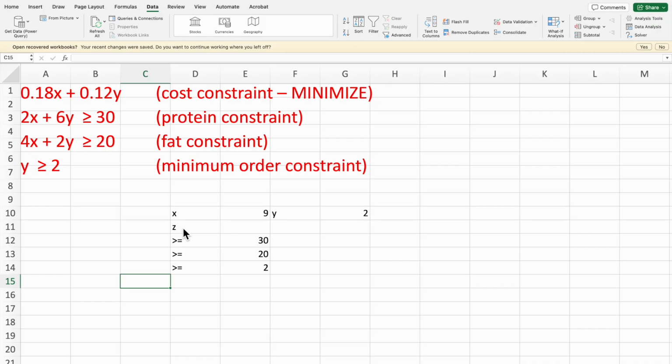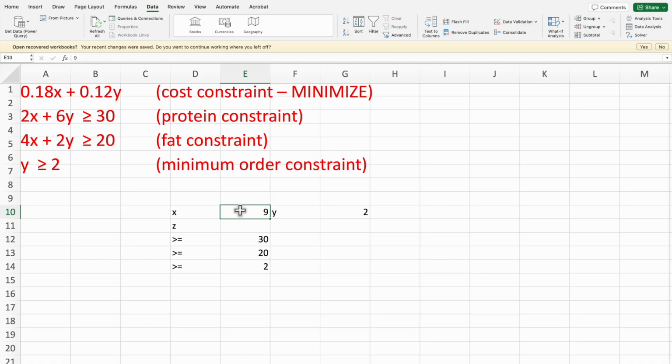For the second question, we basically do the same thing. First, we look at what we're going to maximize. Oh, here it's minimize. What we're going to minimize is 0.18x plus 0.12y. So first, let's set the value of z equal to